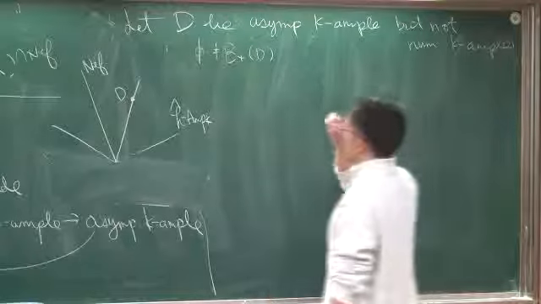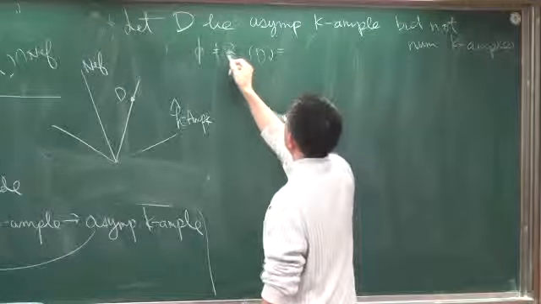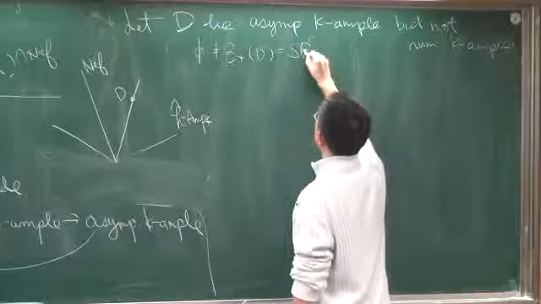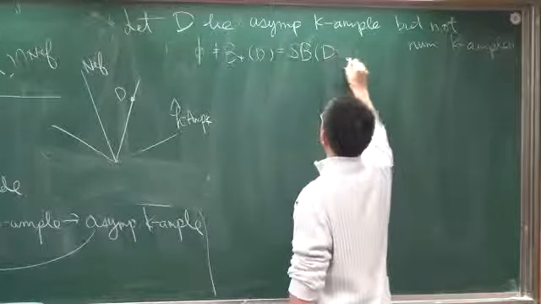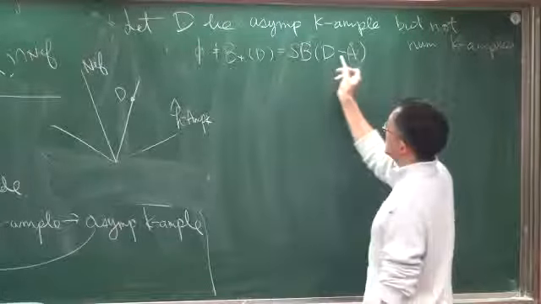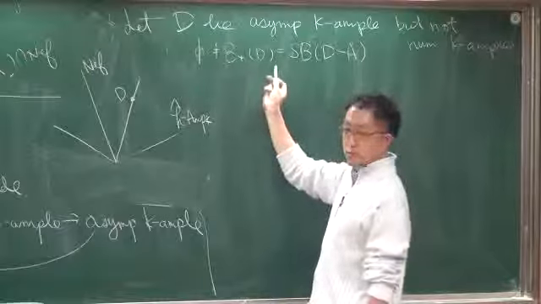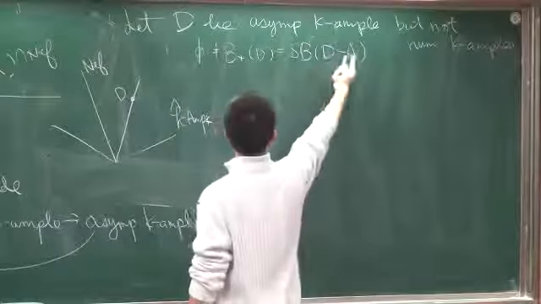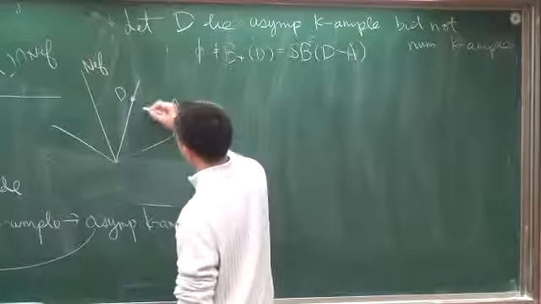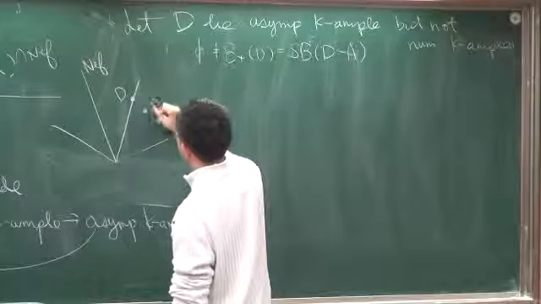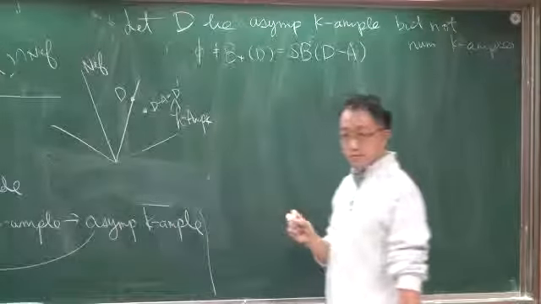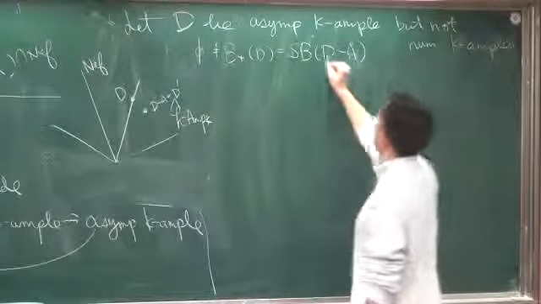So we may assume that the non-ample locus of D is not empty. Okay? And one property of the non-ample locus was that there exists some ample divisor A, such that the stable base locus of D minus A is equal to the non-ample locus of D. So we subtract some small ample divisor. So if you subtract, it goes outside. So this is D minus A, and I will denote this by D prime. Okay? D prime.